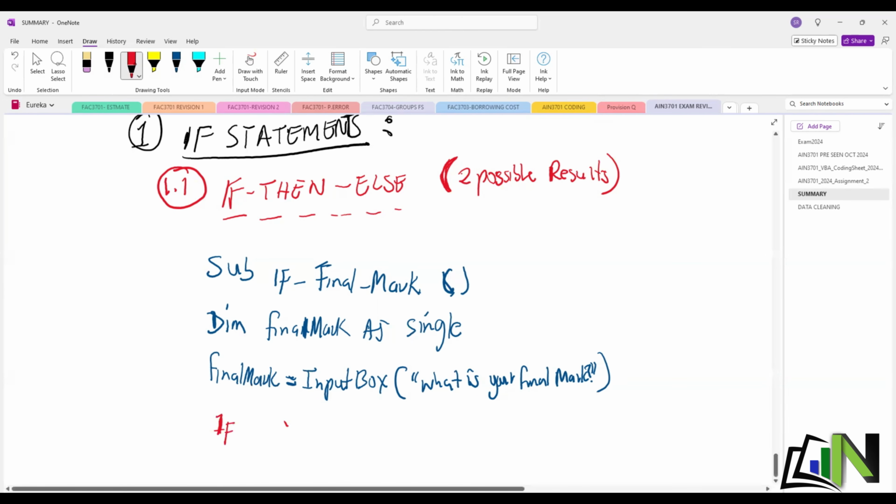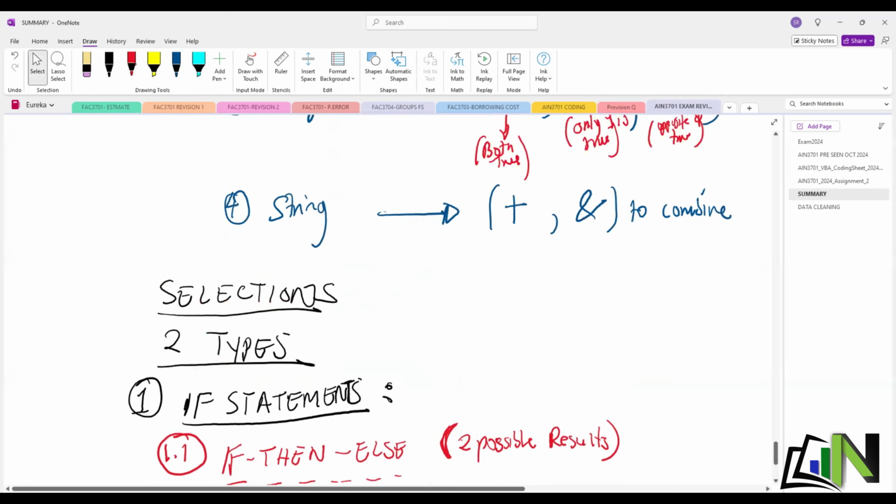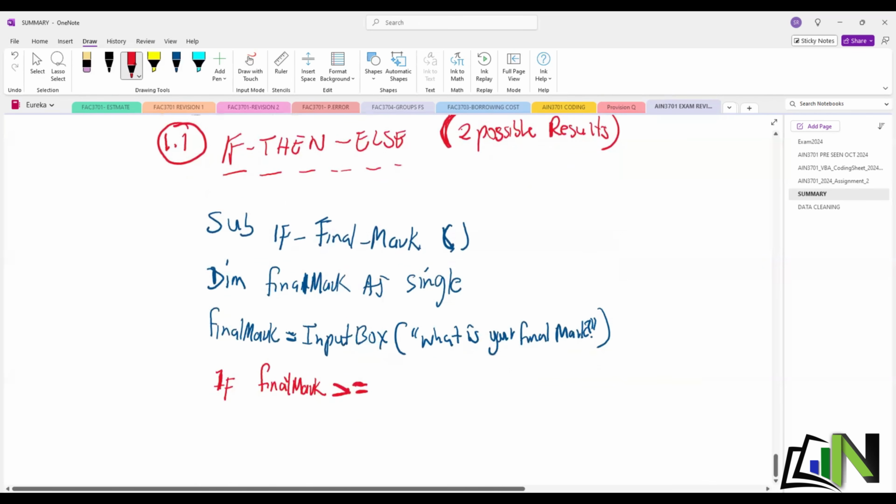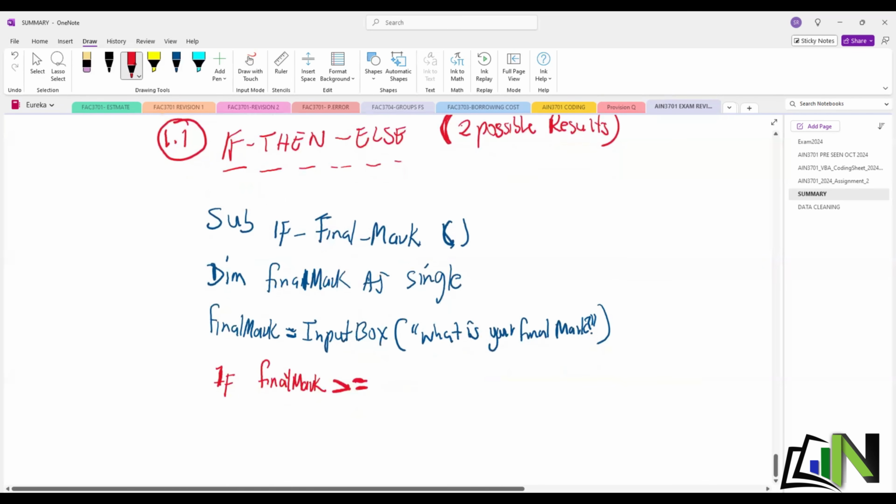So if the final mark is the result, and we've already declared it as a single. If the final mark is greater than, these are the operators that we just learned, greater than or equals to, remember we learned this just now, the comparison operators. If it's greater than or equals to 50, which is the pass mark, all right, then please learn that. That's how you do your